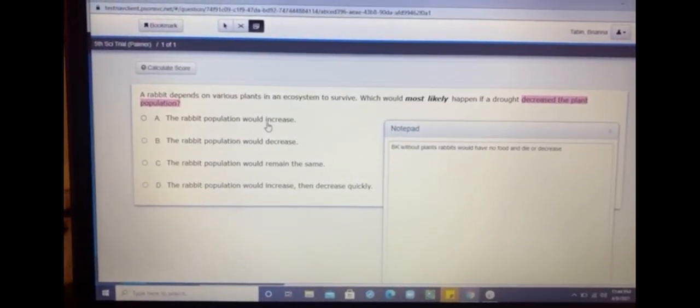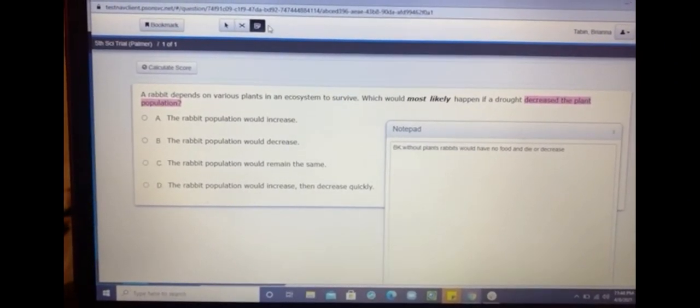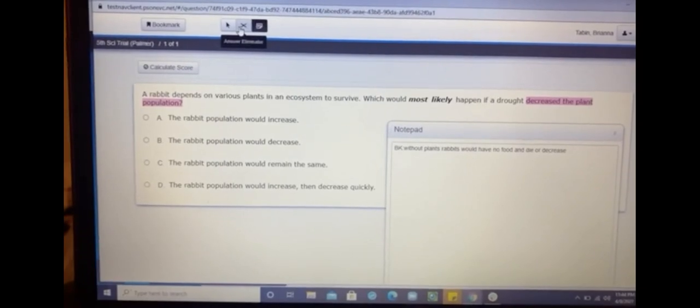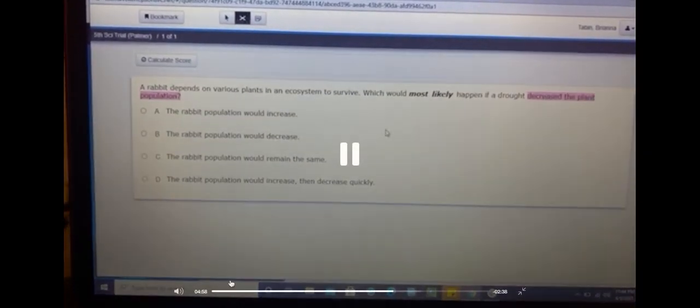In order to cross out an answer choice, I need to go back up to these three buttons. I would then click the X button or the elimination button. When I click the X button, you're going to see that my notepad goes